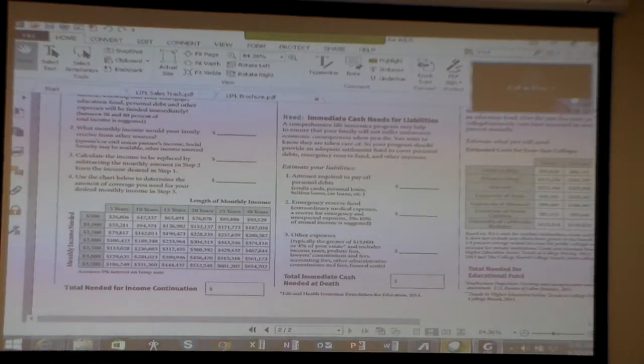So then I just say, what is your average monthly income between the two of you? If they say that together they make $5,000, I say, do we want it for 3 months or 6 months? And I give them that choice. Most of the time they'll say 6 months. So $30,000 in a permission to grieve fund or an emergency reserve fund, as it may be. And then we move on to other expenses.